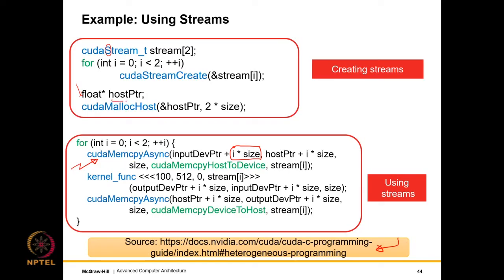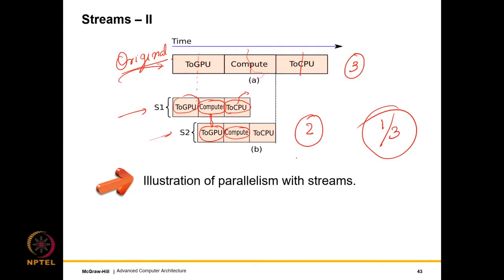Recall that we have the host pointer, we have already allocated it, and its size is 2 times size. So the first chunk gets transferred like this. The first set of size bytes gets transferred from the host to the device. But of course, in this case, the operation of transferring data from the host to the device is assigned to stream i, right? Initially it will be streams 0 and 1, but let's call it stream i. So this is a part of the stream. As you can see over here, these transfer operations have to be explicitly assigned to streams.